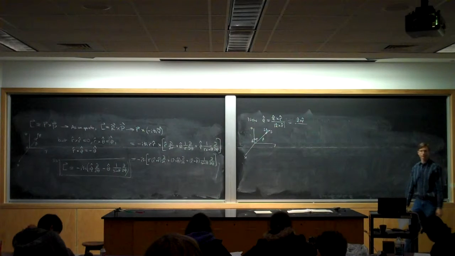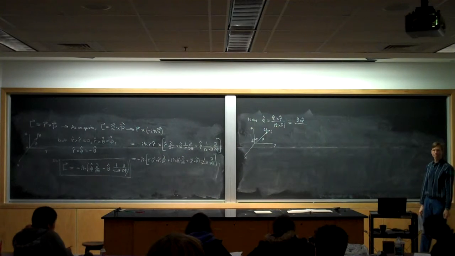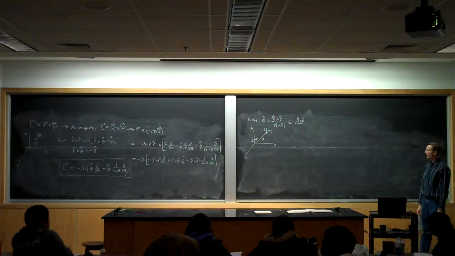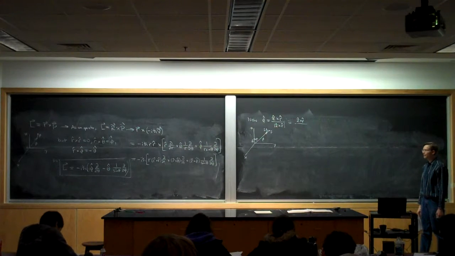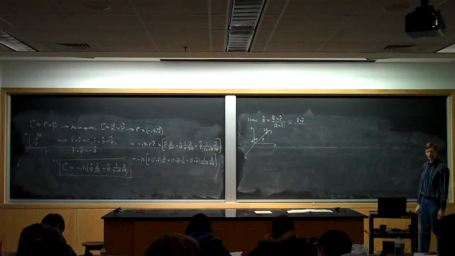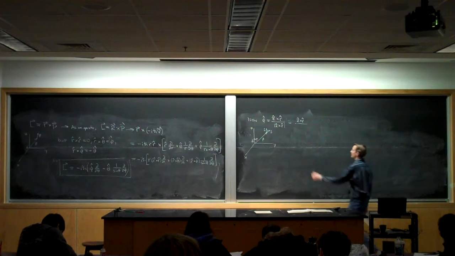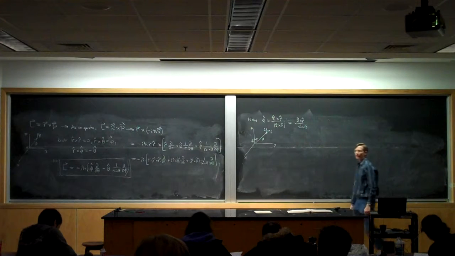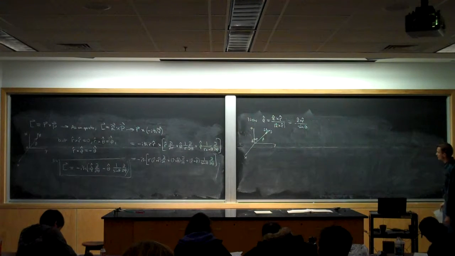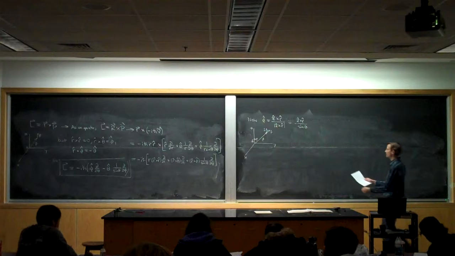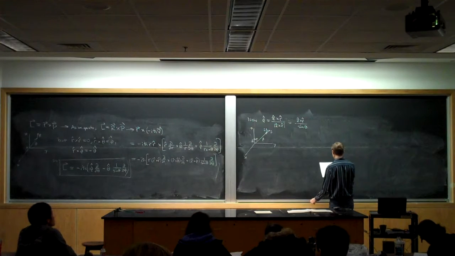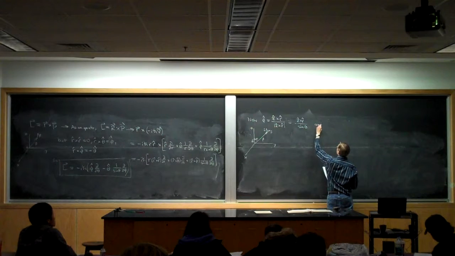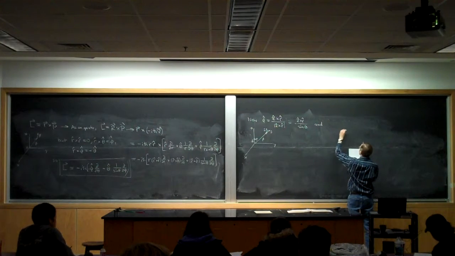So what is the magnitude of z hat cross r hat? Well, it's the magnitude of z hat times the magnitude of r hat times the sine of the angle between them, right? So it's sine theta, because those are both unit vectors, so the product of the magnitudes is 1, times the sine of the angle theta between them, which is their magnitude. And I can write out what z hat cross r hat is